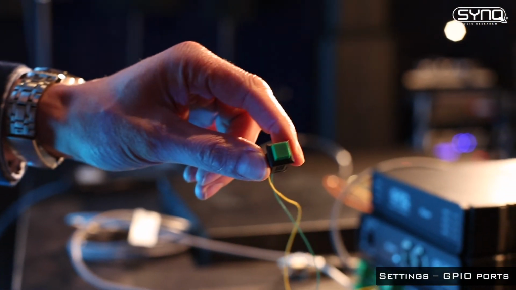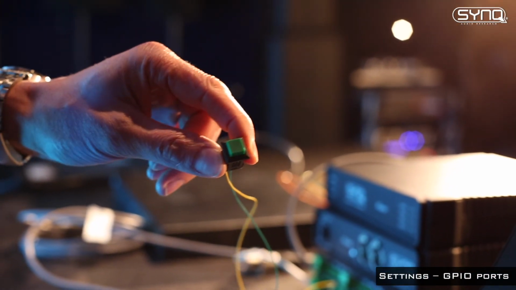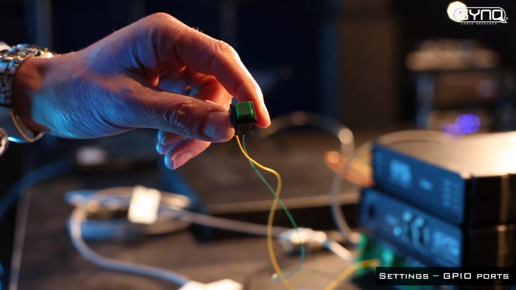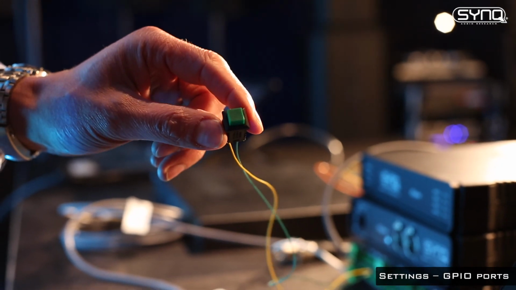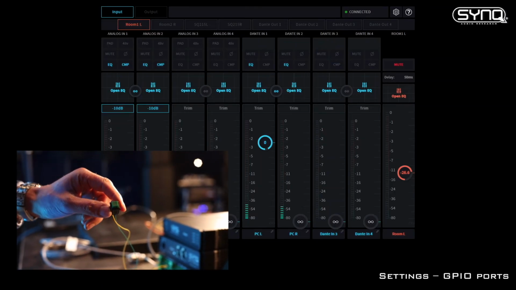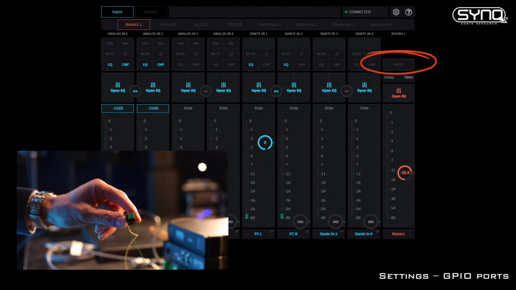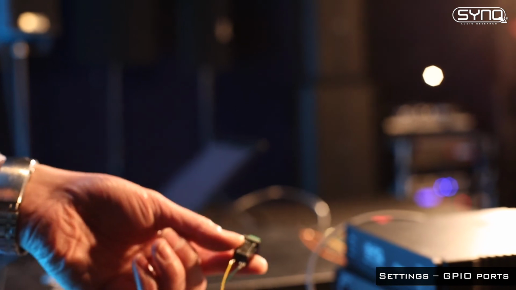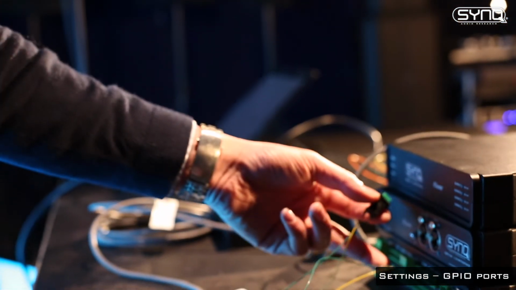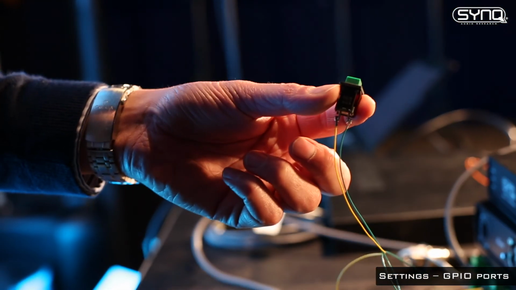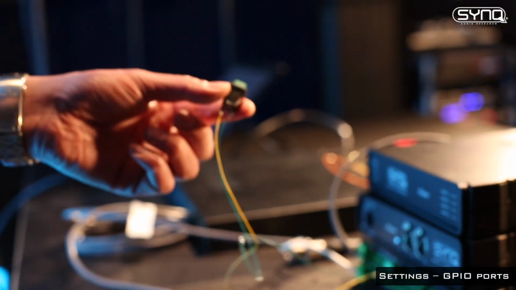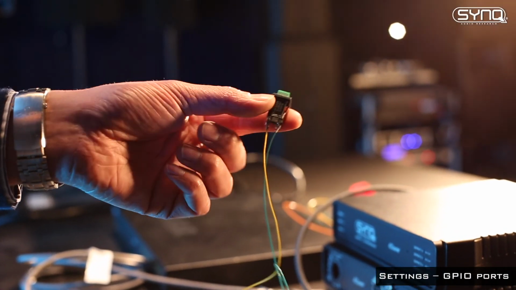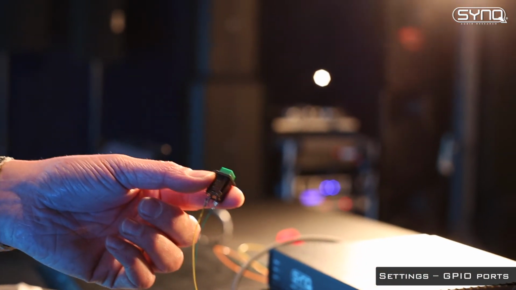Of course, you have to use a high-quality switch. Otherwise, you can have some issue on the long run. So please get in touch with the SyncAudio support for advice. But that's very handy if you want to mute on and off the output. So as I said, it costs nothing. So just a switch, a resistor, and you can integrate this anywhere you want. And same as the analog potentiometer, you can connect it with any kind of wires. There is no specific requirement.